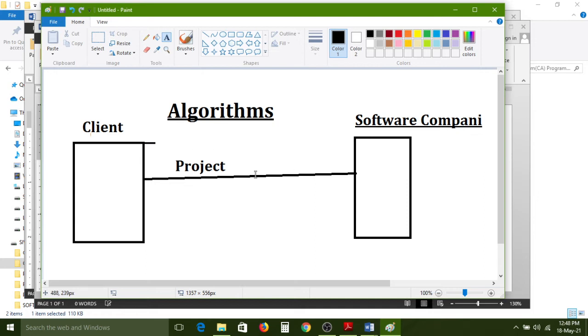The software people will give a blueprint, nothing but a pre-plan, a pre-planned architecture. For example, if you want to construct any building, first the engineer will design the plan.